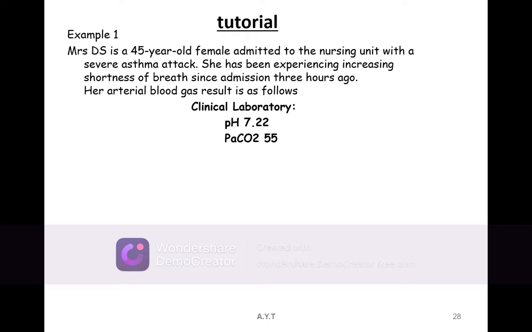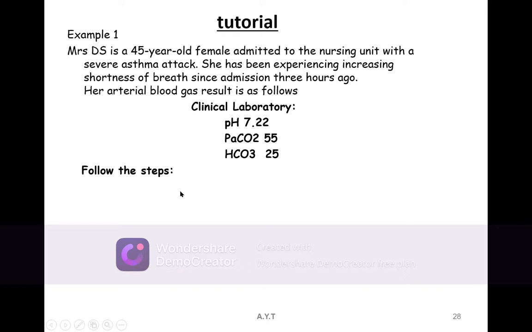PaCO2 is 55. 45 is the limit of the PaCO2. It is now more partial pressure of carbon dioxide, more carbon dioxide is retained in the blood. This is probably the cause, because on the clinical ground the patient's lungs are compromised. Bicarbonate level 25 is still normal. It is not touched. Here we say that the patient is suffering from respiratory